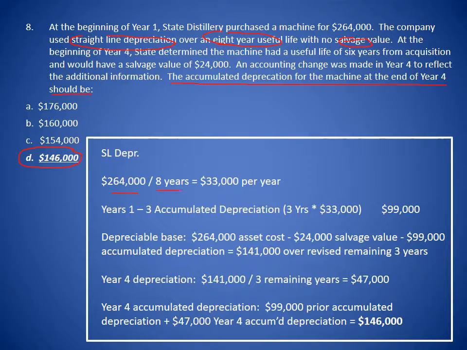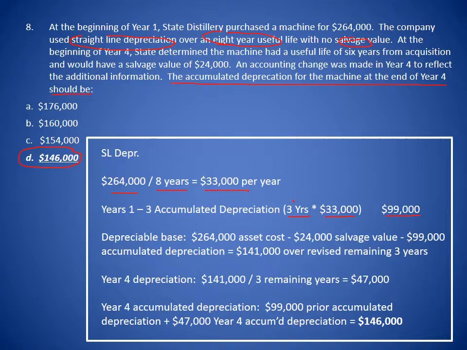We divide that over 8 years, and that comes out to $33,000 per year on a straight line basis. So in years 1 through 3, we record that depreciation. And what that means is we're going to have 3 years times $33,000 a year. So our years 1 through 3 accumulated depreciation would be